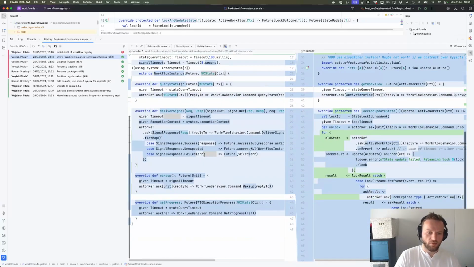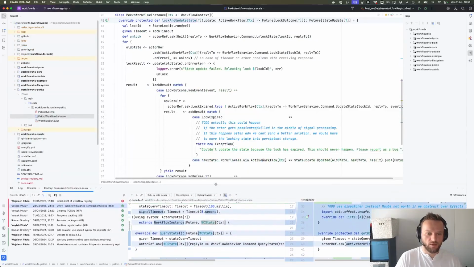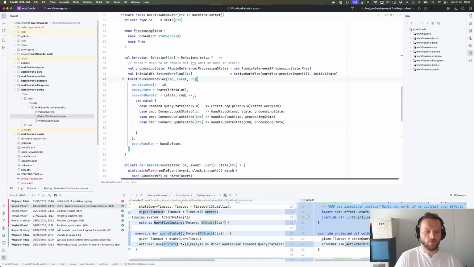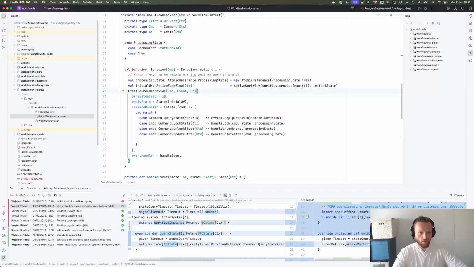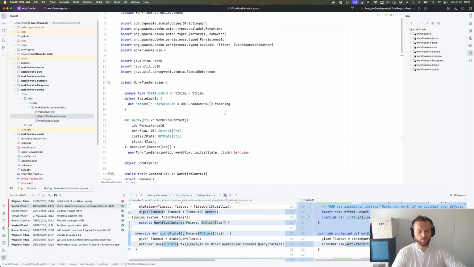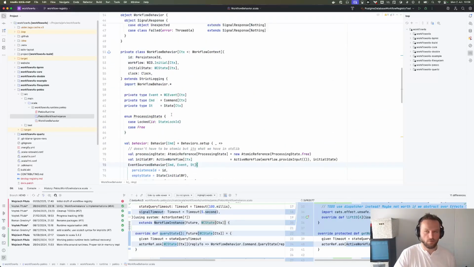But all the implementation that is here on the left was much simpler. Why? Because most of the logic lived in something called workflow behavior. So this was executed on the Pekko side. This is the logic executed on the Pekko side. Whenever you spawn a Pekko actor, this behavior is passed there, and Pekko will execute the logic here on its own thread pool with its own